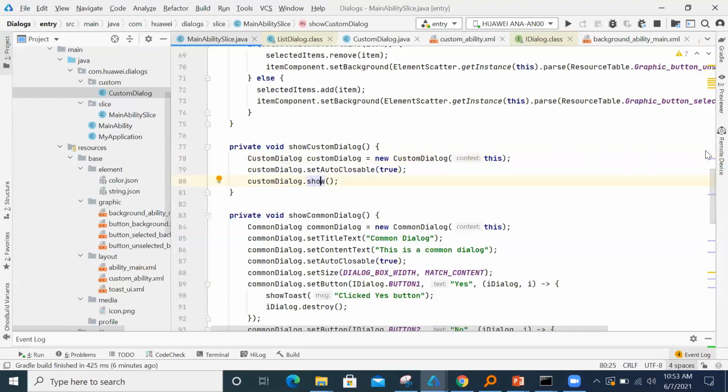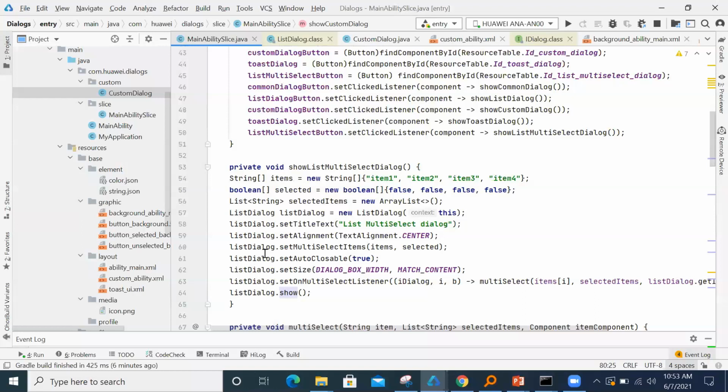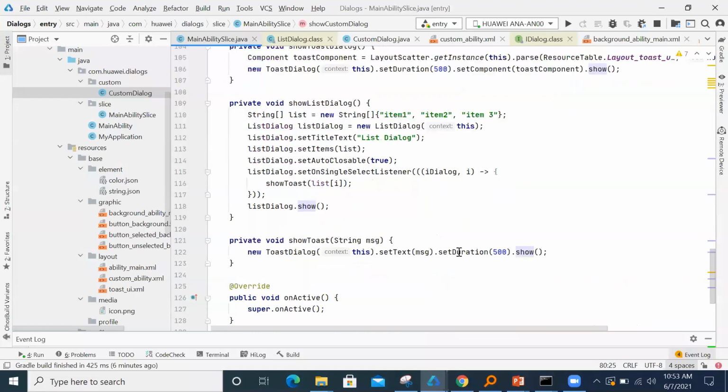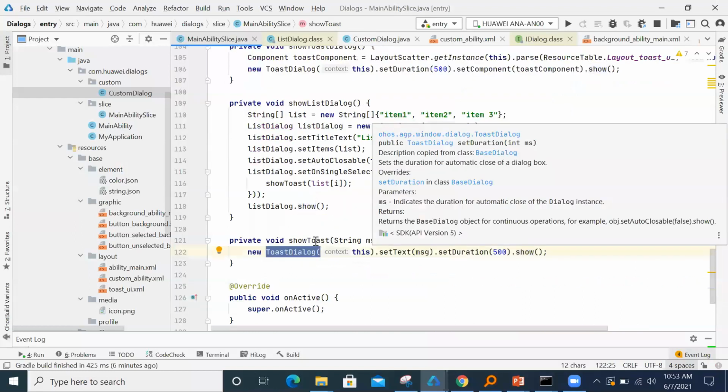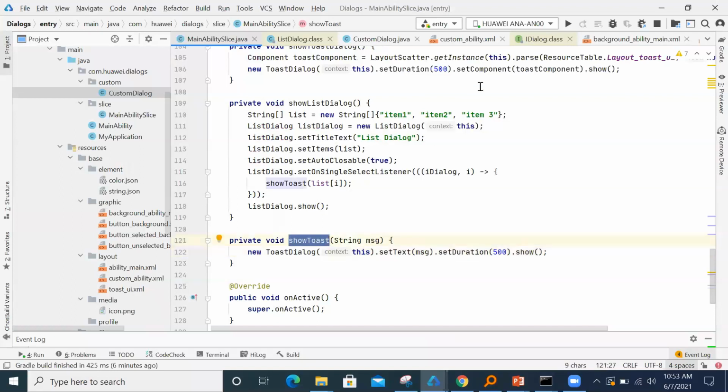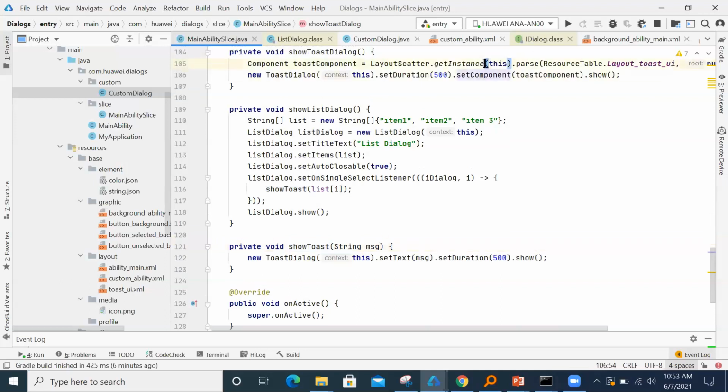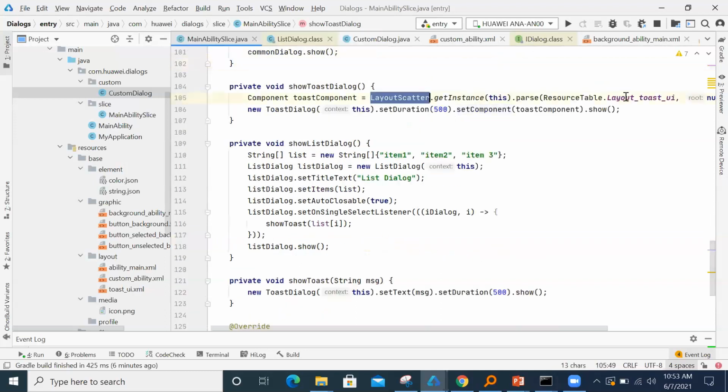You can directly show the toast using this one, just create a toast dialog, and it will show whatever is the inbuilt toast. In case you want to specify your own UI for the toast, you can specify it like this, again using layout scatter and passing in a UI for the toast, and then set that component using set component, and then use dot show in order to show.